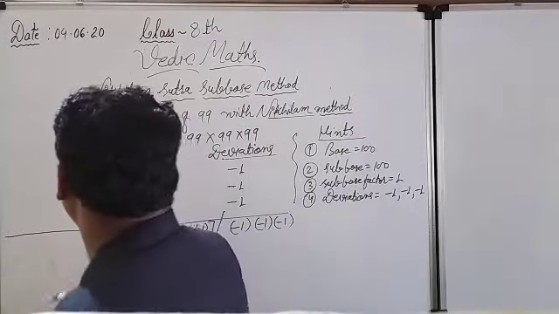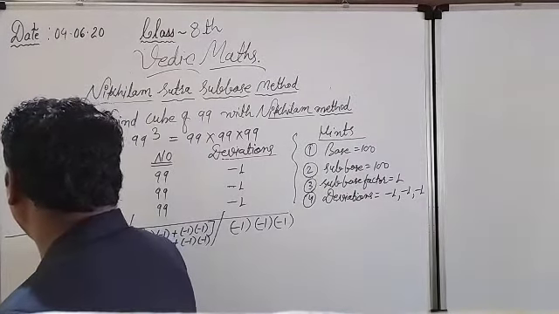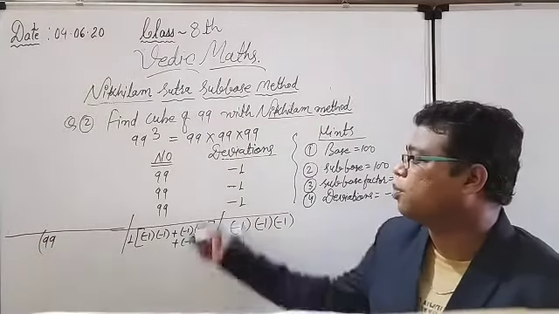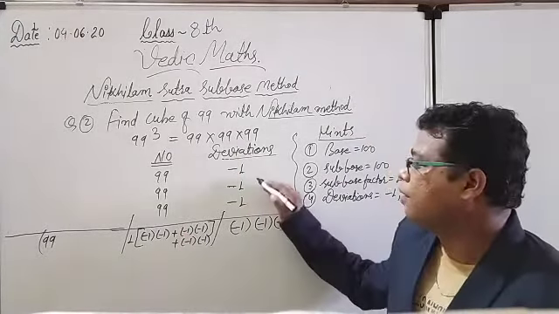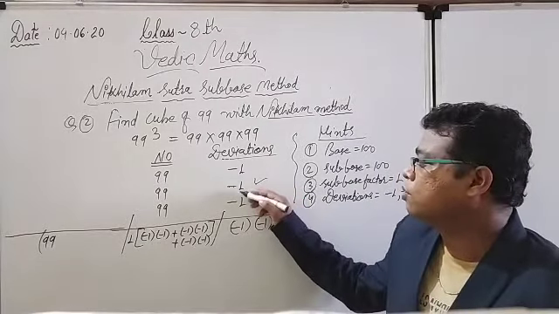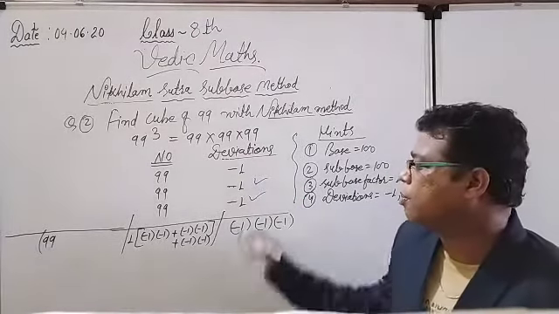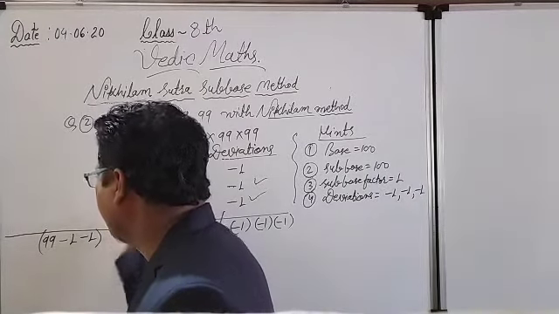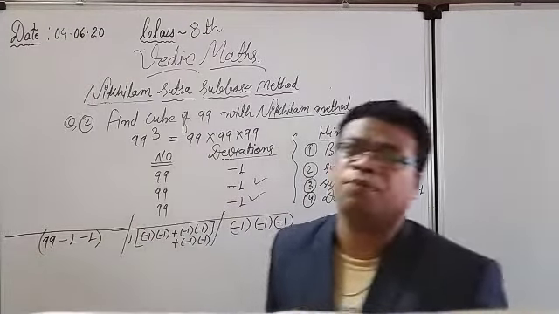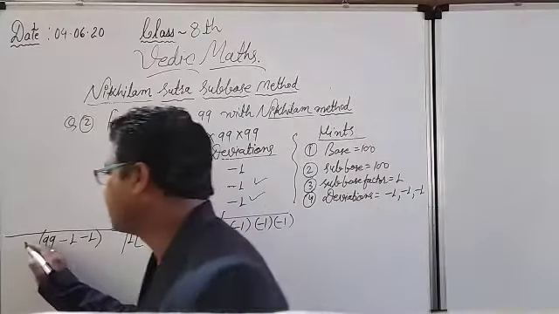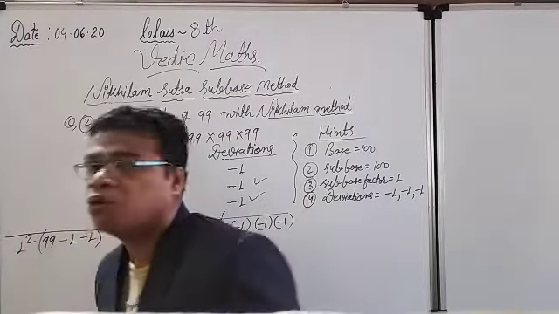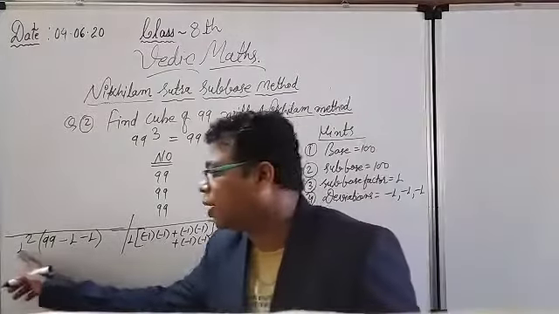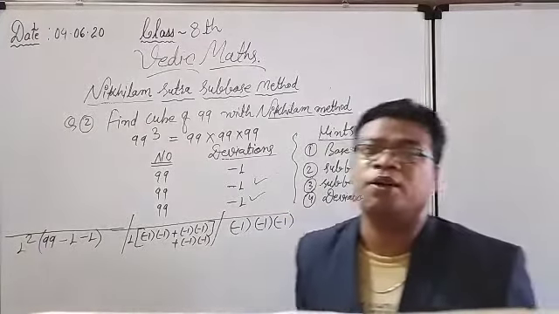And in the last section, what I have to do is consider any of the numbers. Actually all the numbers are the same here, so that is the advantage for me. So 99. I have to consider two deviations. So here all the deviations are the same, no problem. Minus 1 and minus 1 I have to write down here. And I have to multiply the square of the sub base factor. What is the sub base factor here? That is again equal to 1. So 1 square I have to multiply with it. Actually I need not write down 1 square here.